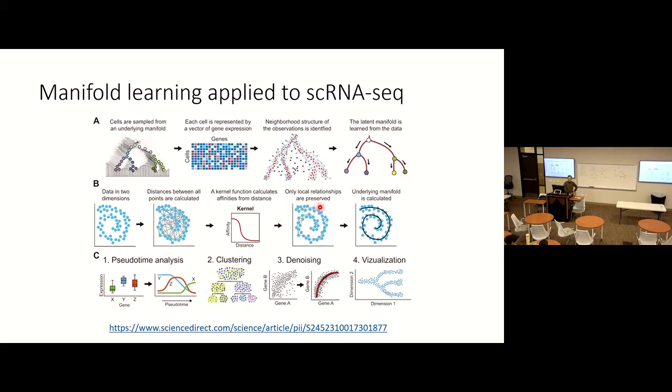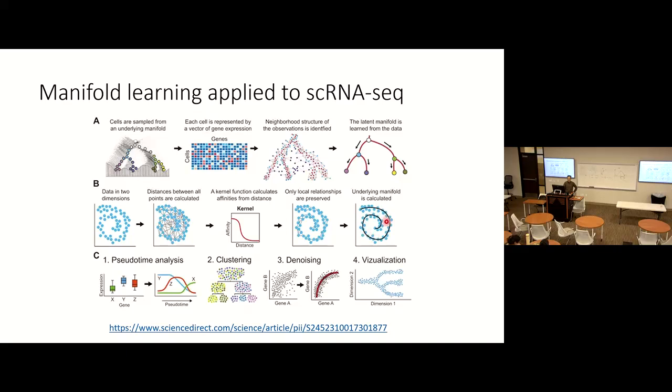At the end, you get a shape like this. You want to learn this shape by using small steps. You can only move small steps, not jump, not move across the structure. Okay, you learn from that